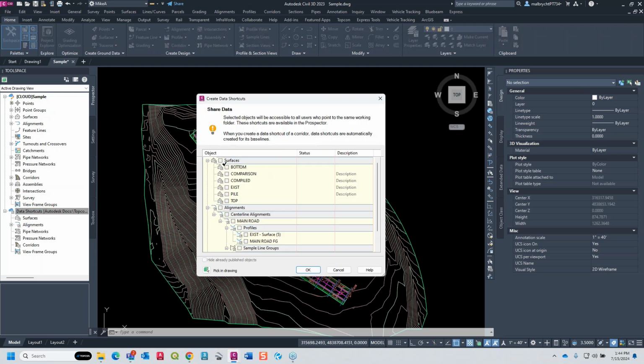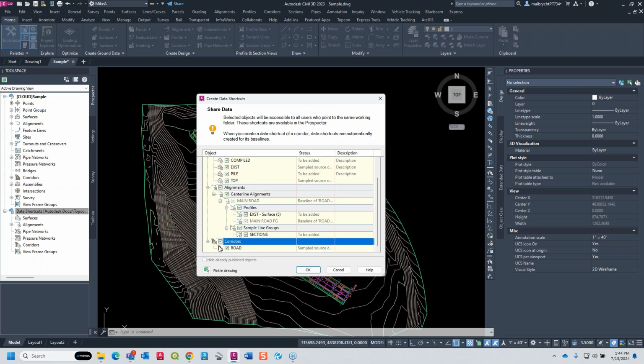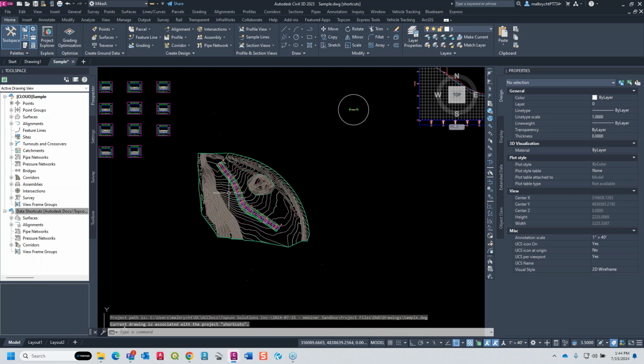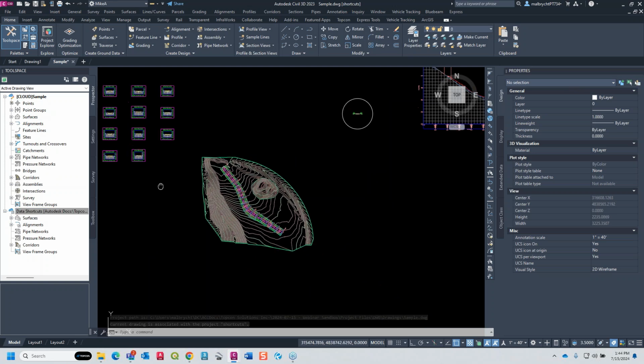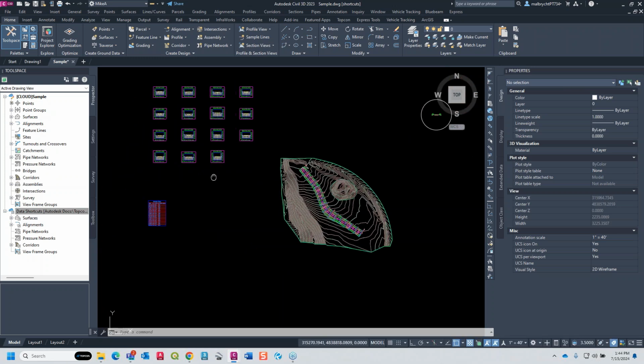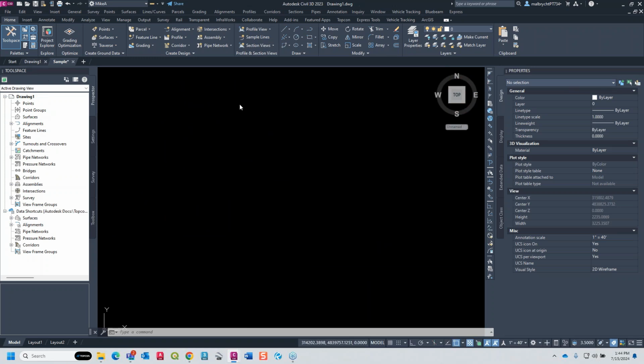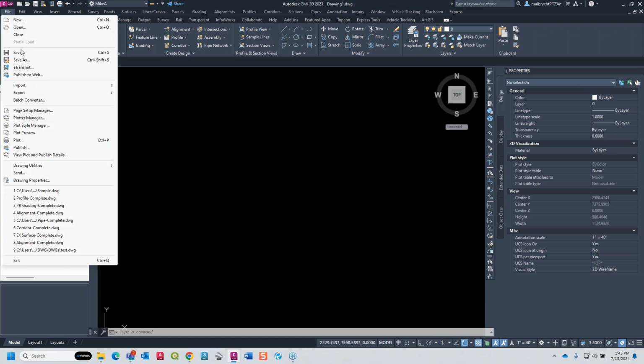Like I said, everything is in one drawing just for simplicity here. So I'll go through and check off anything I want data shortcutted. So now my file has been data shortcutted for other coworkers or others to collaborate with. If I go into drawing one here, just to show you right now, you see that it's just a regular drawing here. All we have to do is go to File and Save,